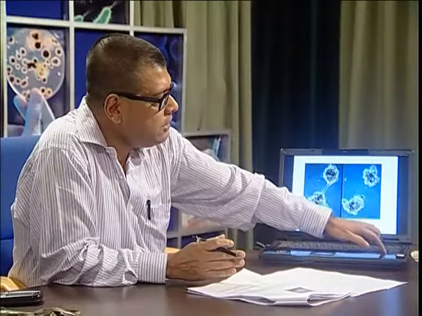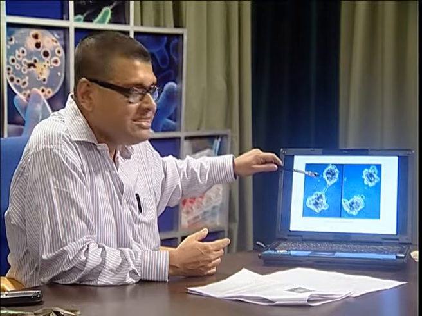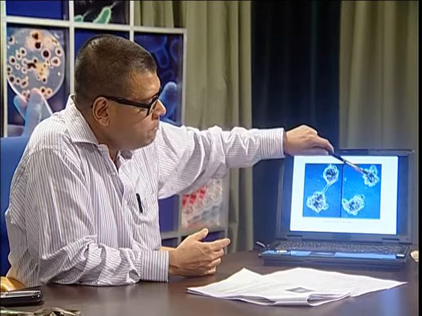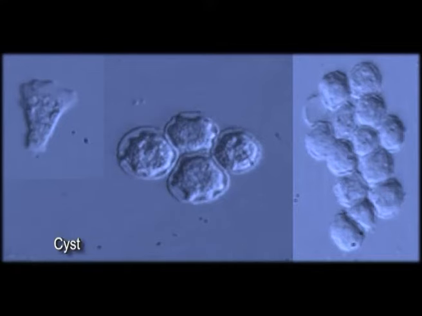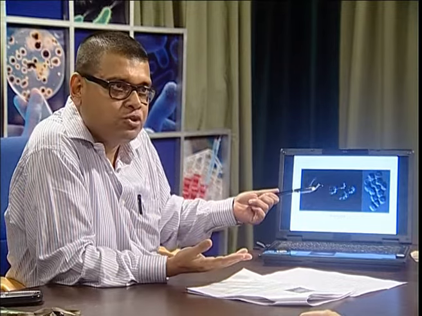Coming to their reproductive pattern, most of the amoeba reproduce by binary fission, which is somewhat similar to amitosis, that is direct cell division, and these are the two cells which separate and produce two daughter cells. At the same time, they can also reproduce by producing a cyst. This cyst will be formed when the environment is not favorable, and ultimately the cyst will germinate again to produce normal trophozoite whenever there is favorable condition.